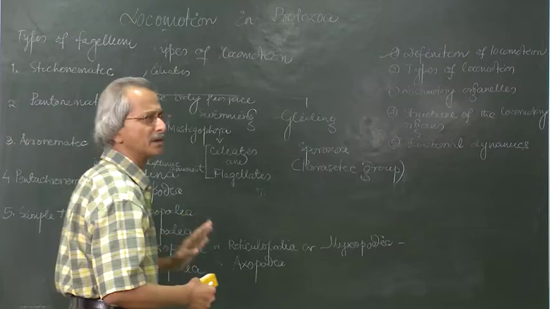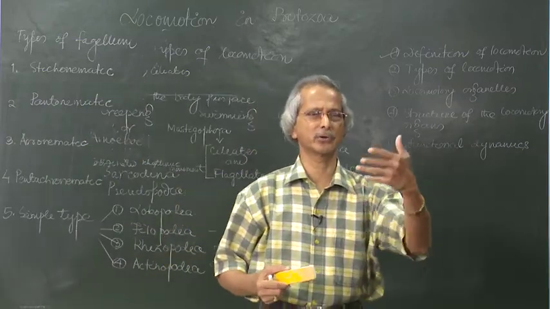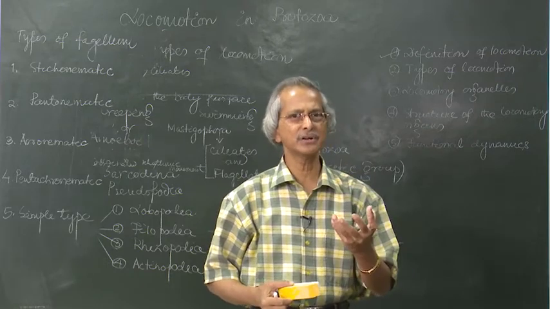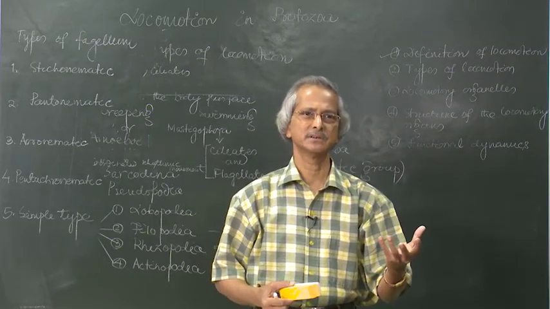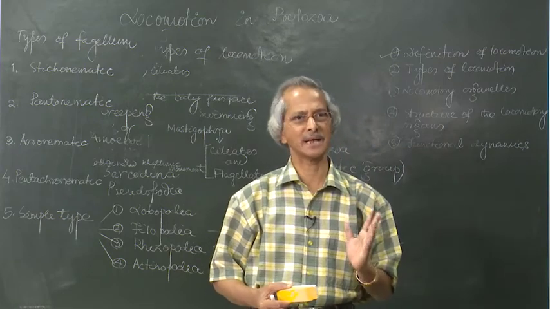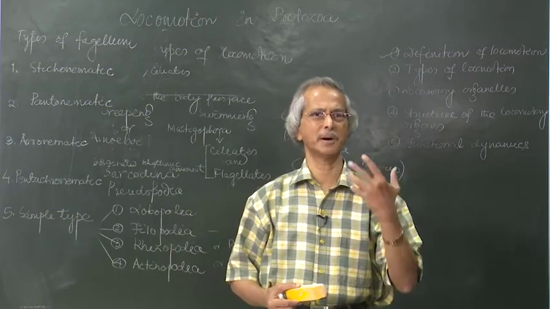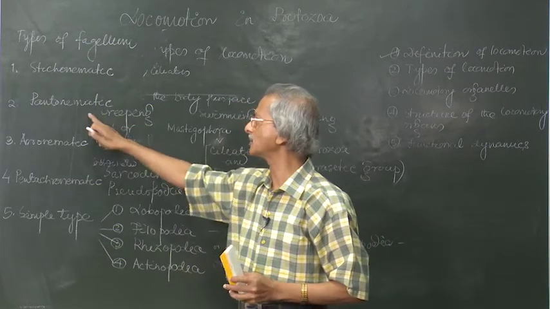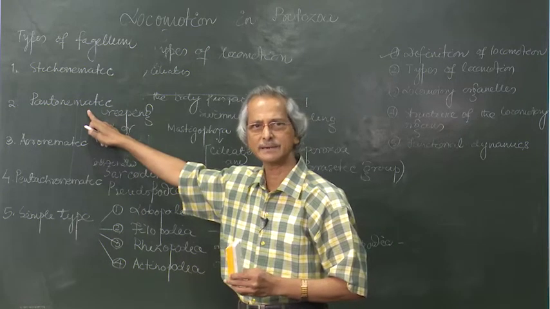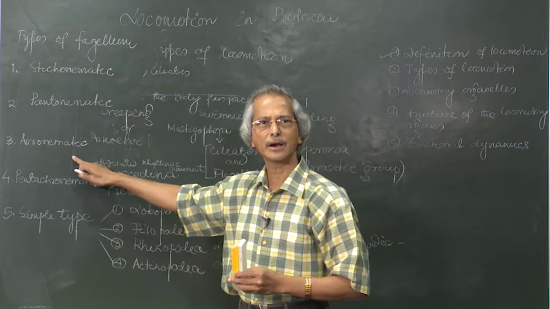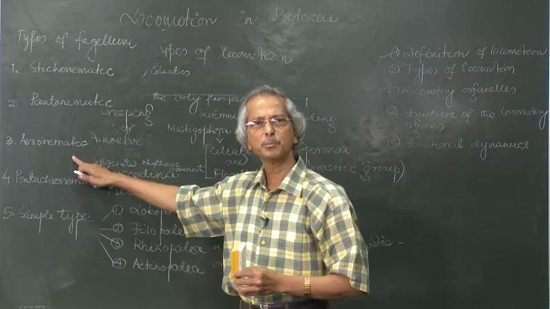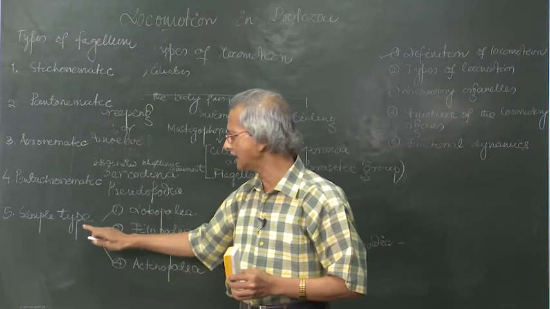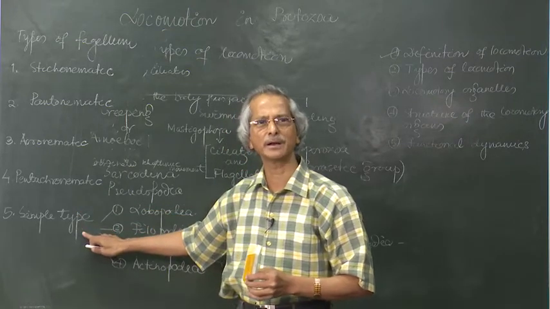So, these are 5 categories of flagella you can come across as far as structural architecture or configuration is concerned. You will notice 5 different types of flagella. I repeat, the first category is stichonematic. The second category is known as pantonematic. The third category is known as acronematic. The fourth category is known as pentachronematic, and the fifth one is very simple, where you do not find